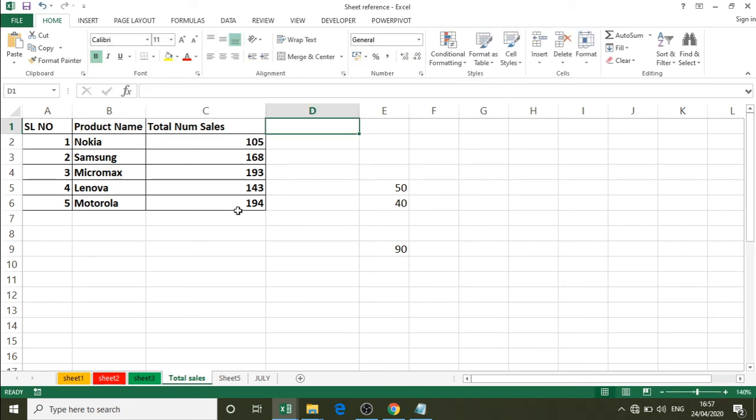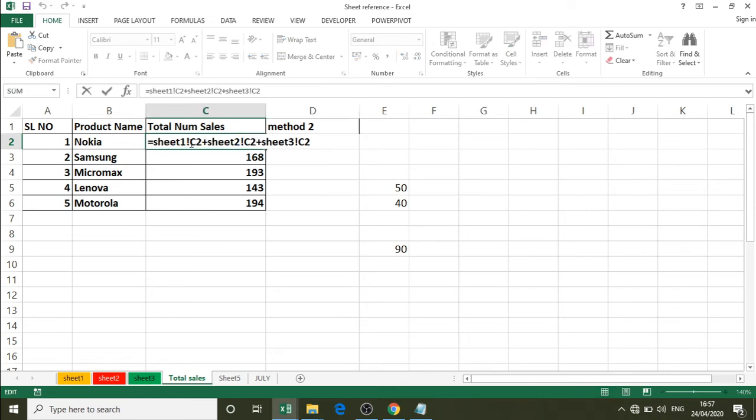We will see one more method of doing sheet reference when we have consecutive sheets. That means when the sheets are together in an order. We will see how to do that and how we can use it in a formula. Say in this we were using Sheet1, Sheet2, Sheet3.